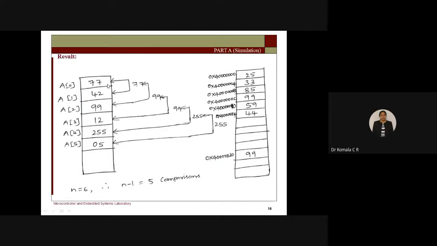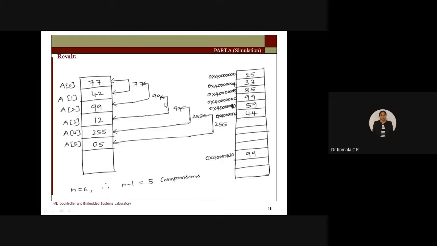Here I have shown only 2 digits, but if it is 32-bit, what you need to go for is 4-bit plus 4-bit, 8. Like that, 32-bit means 8 fours are 32. How many zeros do you need to go for? Another 6 zeros. So it is 00000077. So how many locations do you need?